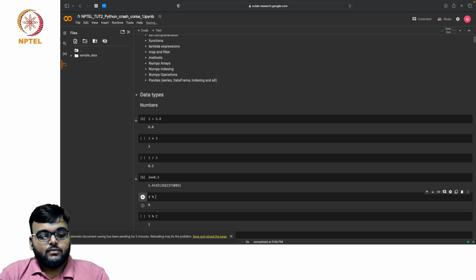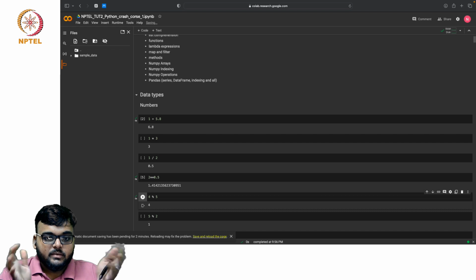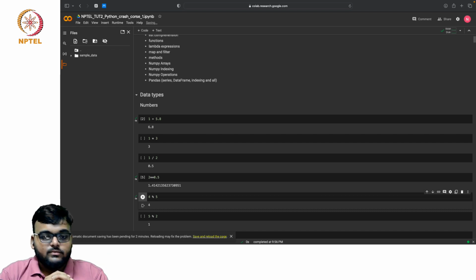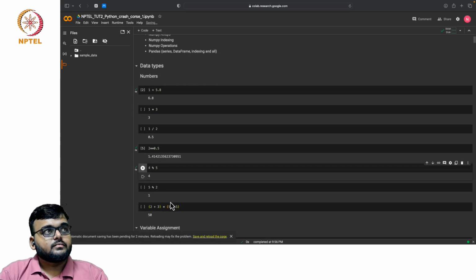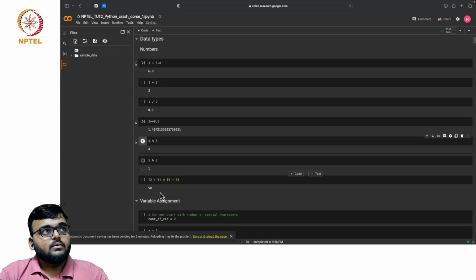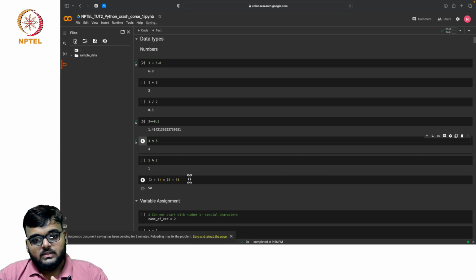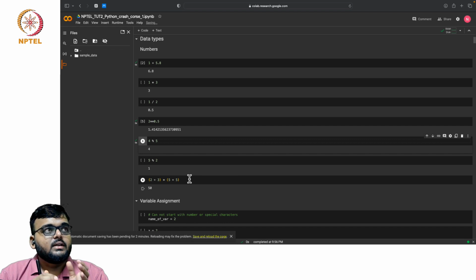Okay, if I say 5, 4, because 5 cannot divide 4. 5 is larger than 4, so the entire 4 is the remainder part. Okay, so now coming to the commutative and other properties, it will follow the